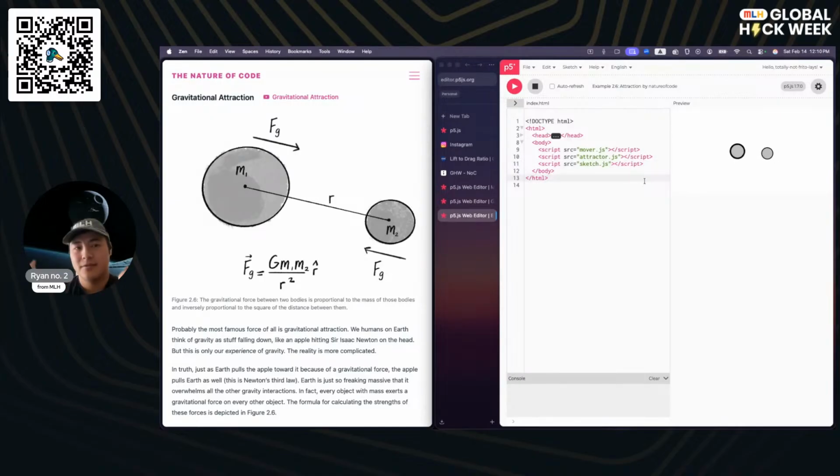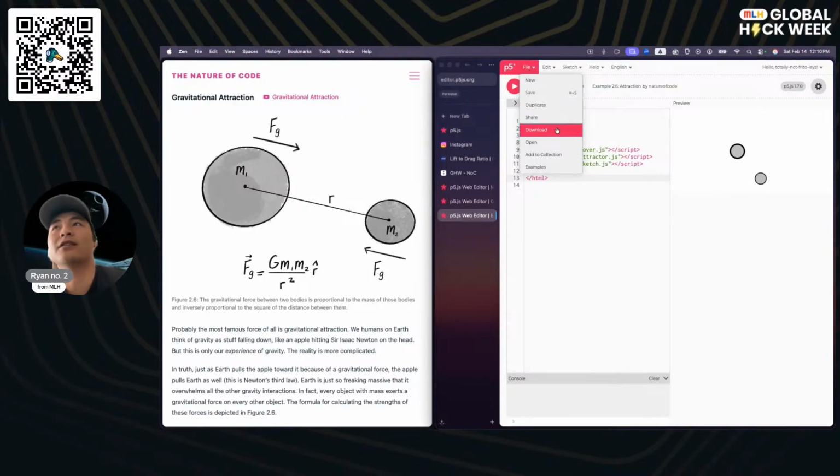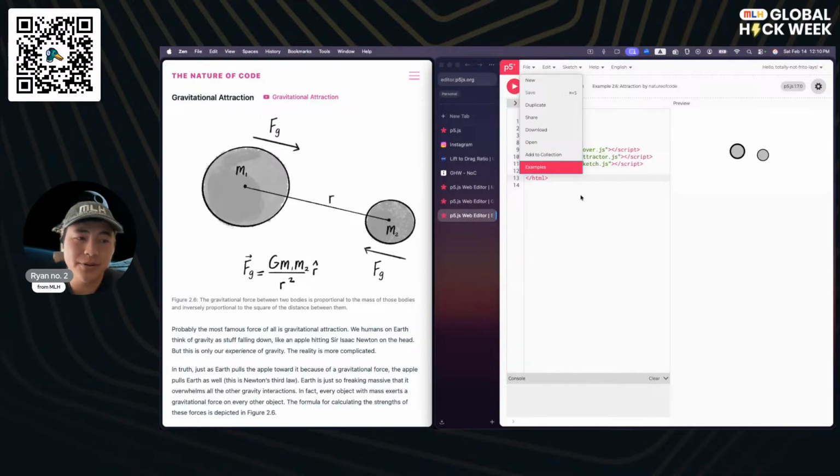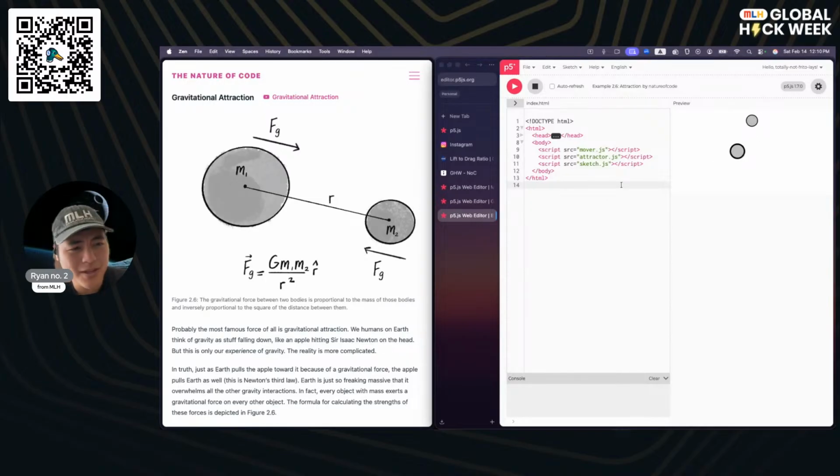Since this is just a library, if you prefer to program in a different text editor like Visual Studio Code, and you want to do that locally, you are more than welcome to do that. I forgot to show you all how to do that yesterday, but you can just go over here to download, and then you'll be able to download this whole thing as a zip file, and then open it up in your editor of choice. And if you choose to do any AI-assisted programming, that's probably going to be the way that you want to do it. But here on the stream, we like to do things by hand. So we're going to continue doing that.